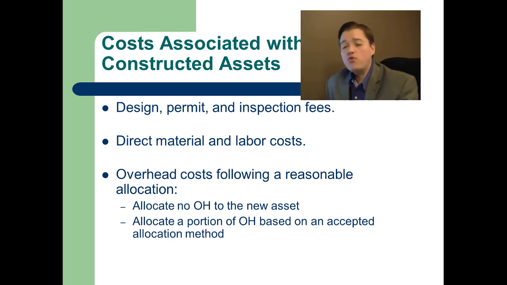You probably remember that overhead are all these other production costs that aren't part of our normal, easily traceable materials and labor. So the plant supervisor's salary, security on the plant, insurance on the plant, maintenance for the plant, utilities for the plant. I can't trace those to specific jobs, so I call them overhead and I allocate them based on some measure that I've decided on that allows me to put it into different places. Well, FASB said, great, you can do that. You can use a logical measure and just allocate the overhead into your specific project and capitalize the piece